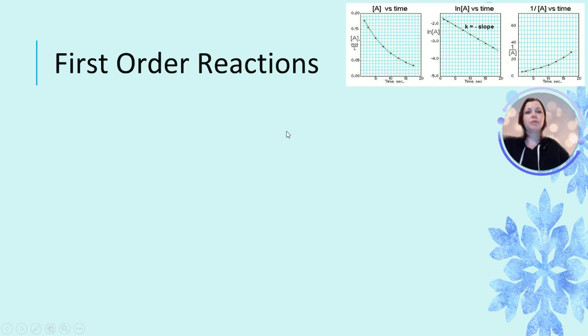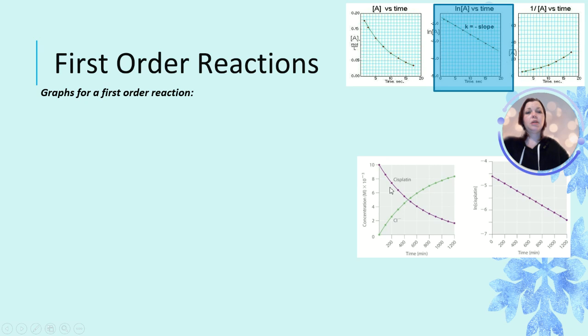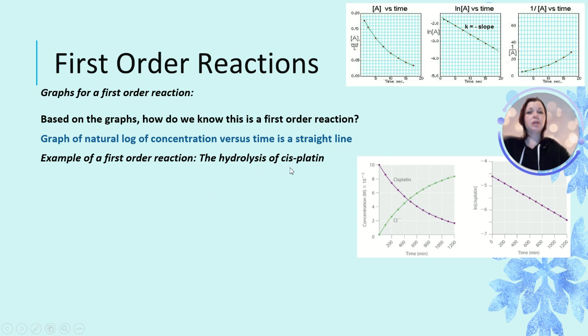First order reactions, if we have our three sets of graphs again, the first order reaction will be this one in the middle, because this one forms a straight line when you graph the natural log of A versus time. So if you were to look at an example here, again, we know this is first order because the graph of natural log is a straight line. The example is the hydrolysis of cisplatin. So you can see it looks like this. And so over time, cisplatin concentration decreases, and you see we have a curve here, and then the concentration of chloride increases. And so it's this curve that when you take the natural log of that, you get the straight